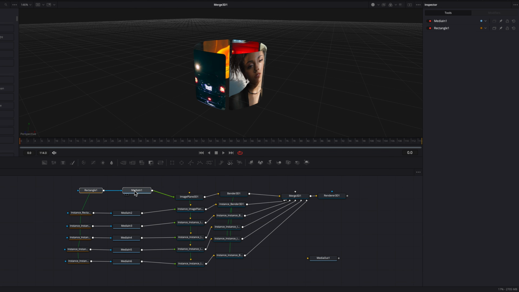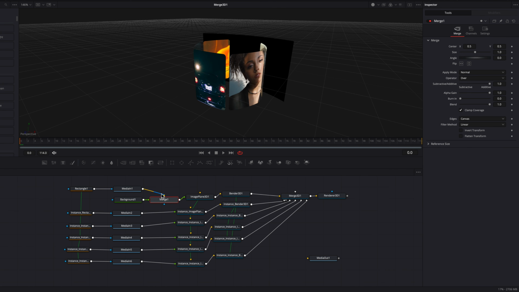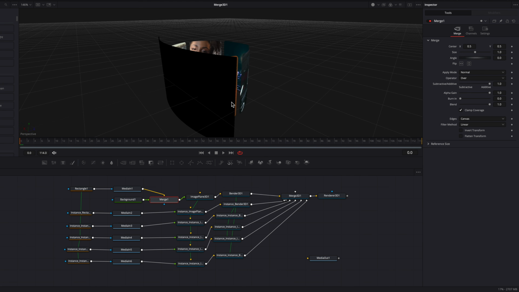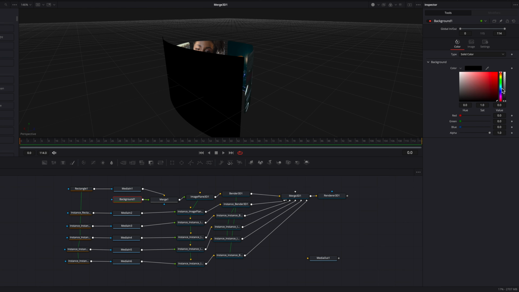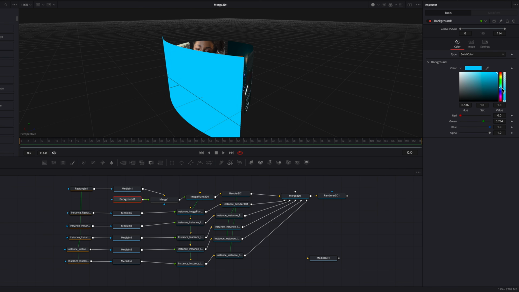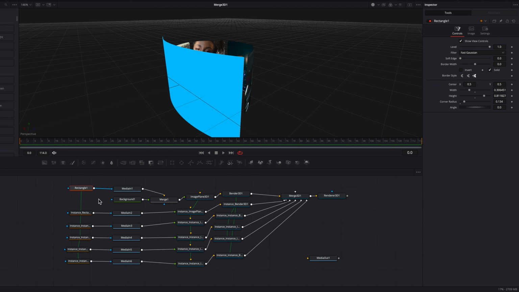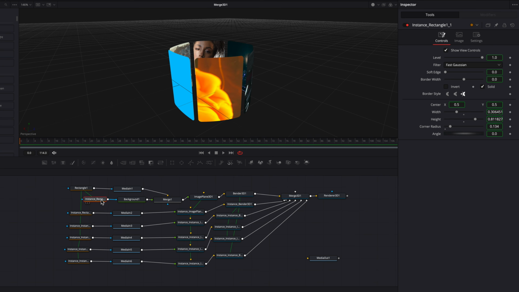So we are going to bring in a background node, and then connect it to the media in node here as a foreground. And the first thing we're going to do is change the color here from black to something funky, or whichever color that you prefer. And then we're going to copy and paste instance this rectangle masking node,